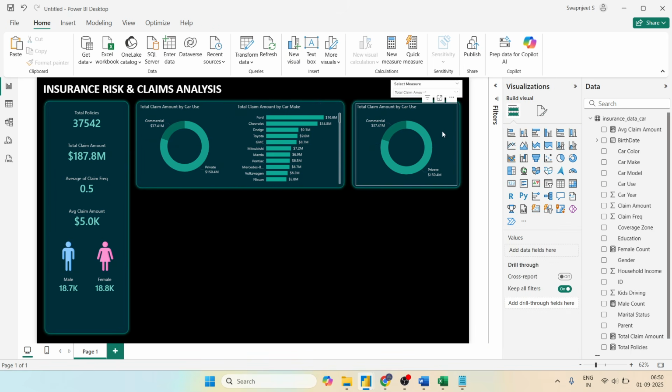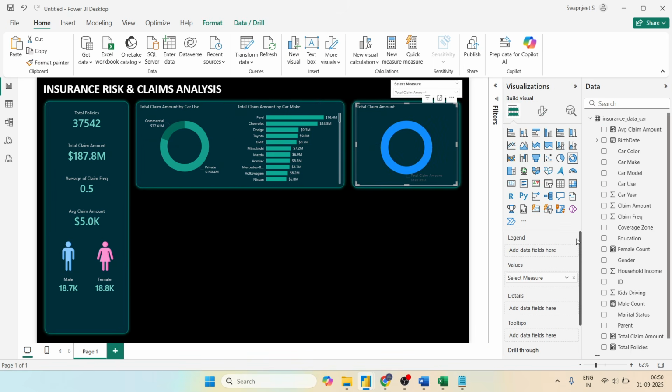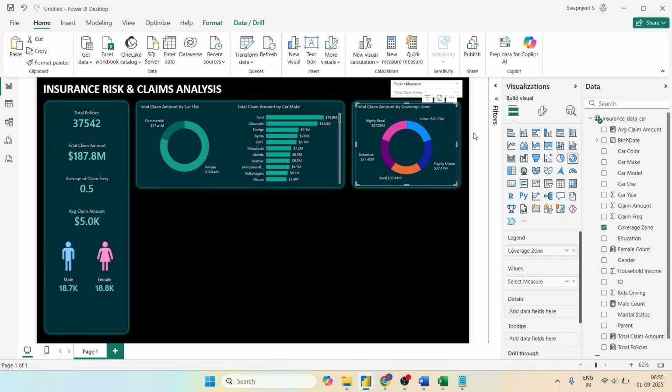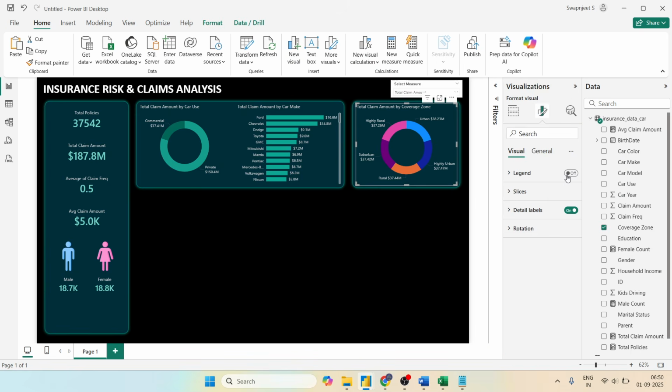Perfect. And now instead of car use, what we want over here is coverage zone. Okay, so we have this coverage zone, and I will add it over here, right? So this is with respect to the coverage zone, but we will do some more formatting on this. I want to show the legends over here, and I will just